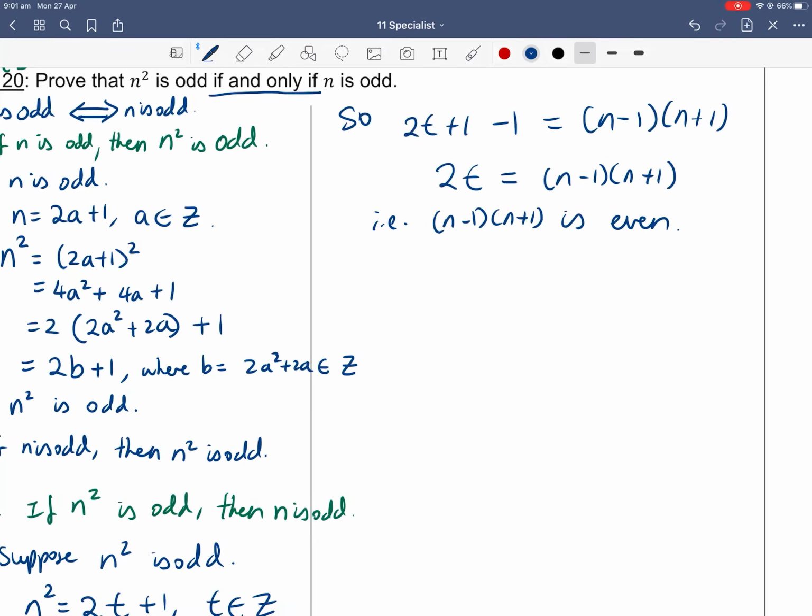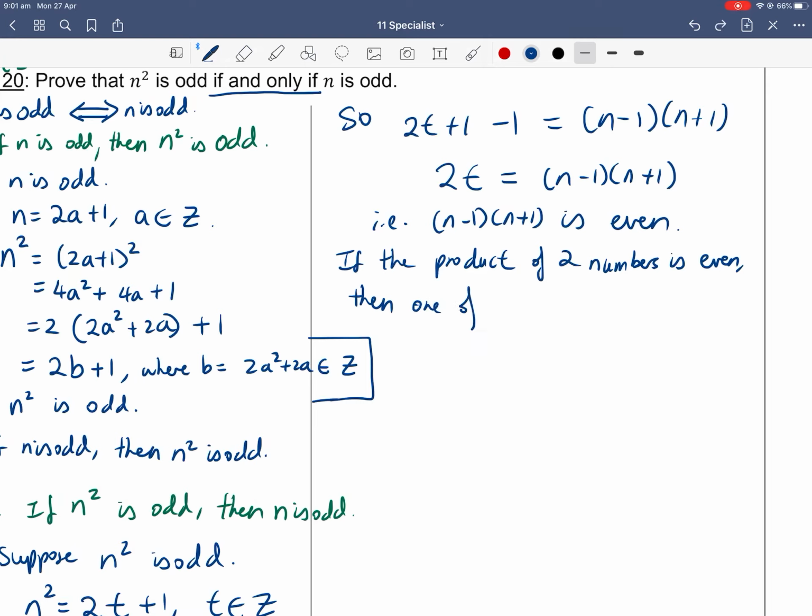Well, if the product of 2 numbers is even, then one of them has to be even, right? Think about it. If you're multiplying 2 odd numbers, you won't be able to get an even number. And in fact, we'll actually prove that statement to be true in later lessons, because we haven't actually done proof by contradiction yet. But for now, trust me, it is true that if the product of 2 numbers is even, then one of the numbers